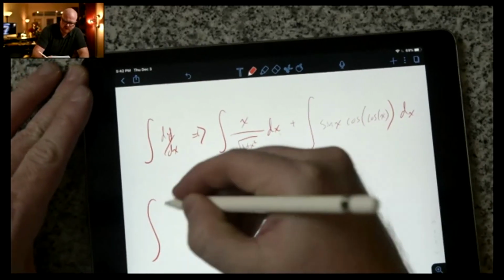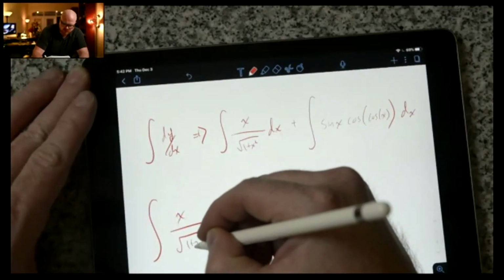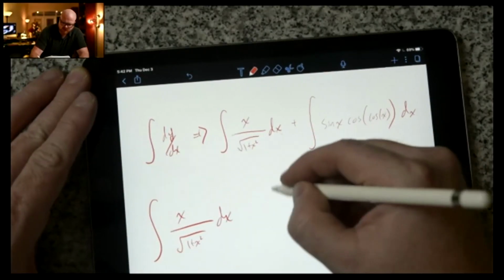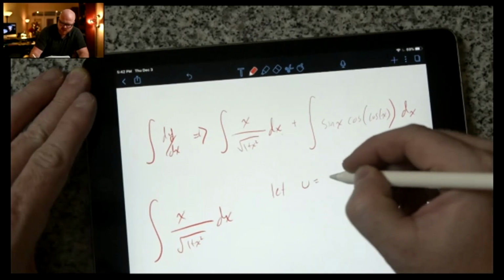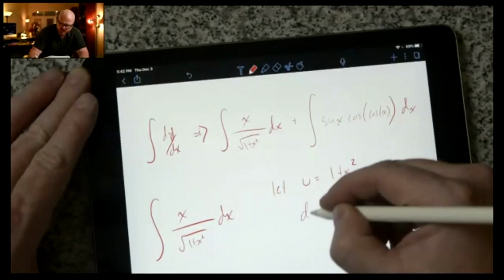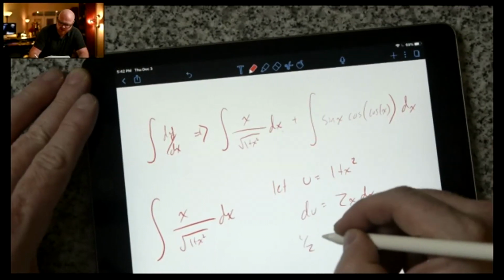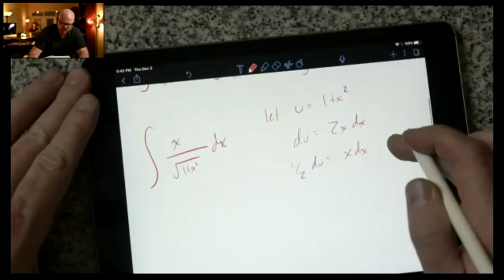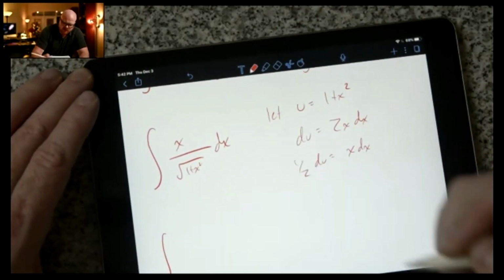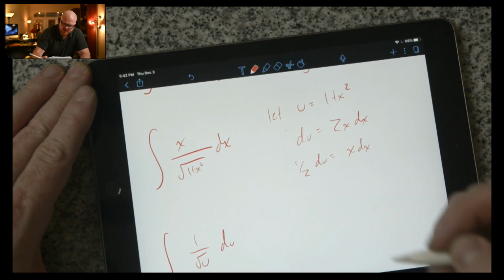This was a u sub, so let's just work it out by hand. x over root 1 plus x squared dx. If we let u equal 1 plus x squared, then du is equal to 2x dx. Then if we take half of that, we'll end up with x dx. So it becomes the integral of 1 over root u du,